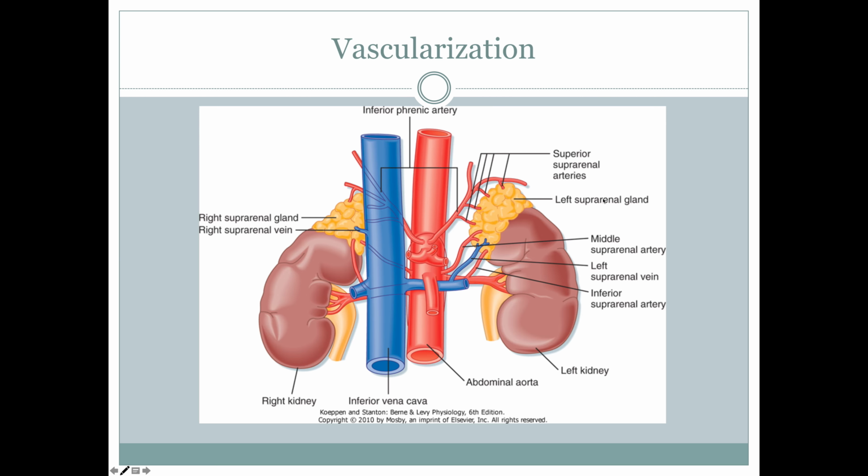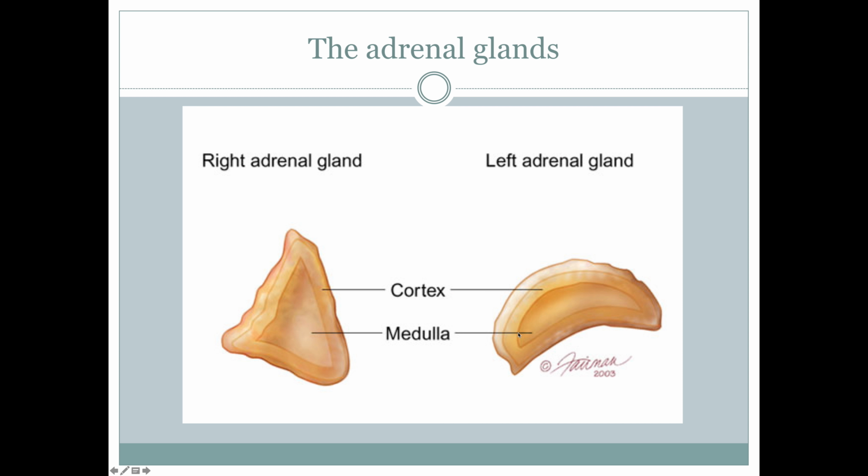So there's two adrenal glands. This is a picture where everything now is labeled, so we start to see the physical vascularization going to the adrenal glands themselves. So you'll see these words, suprarenal, so that's why we pointed that out, superior suprarenal arteries, left suprarenal gland. So that is in association with these adrenal glands. So we have everything written out here so that you can label pictures if you're asked to do so on the exam. And not only do we have two adrenal glands, one per each kidney, so we have a right and left suprarenal gland,